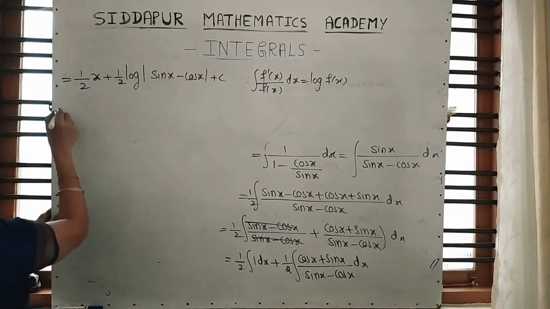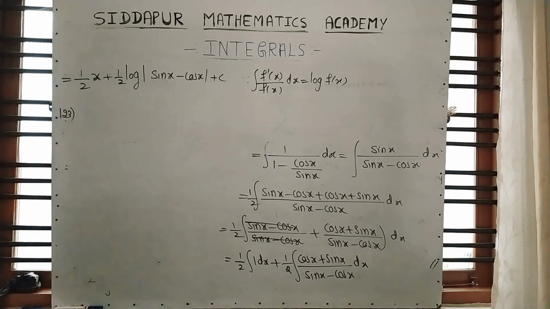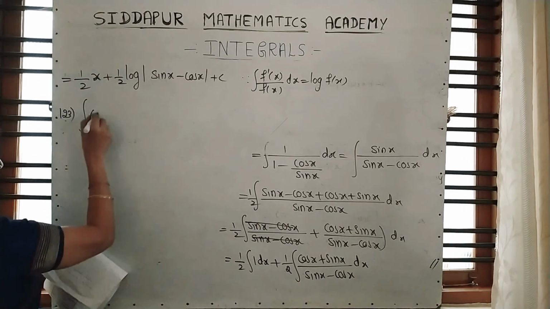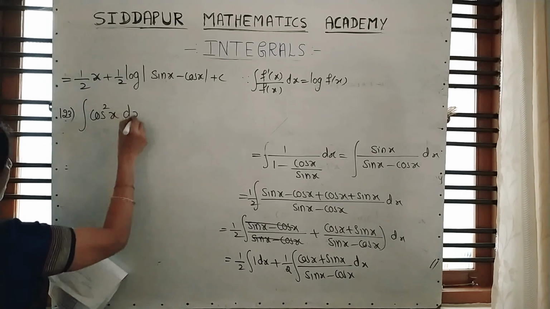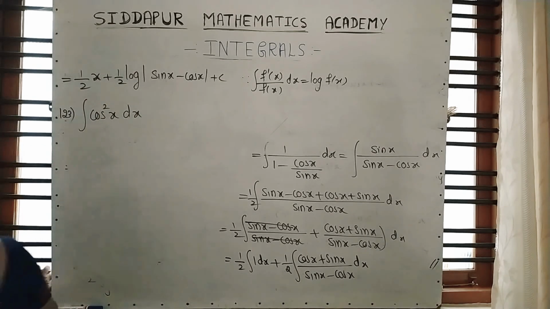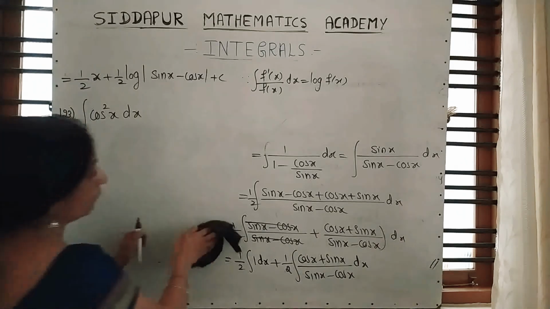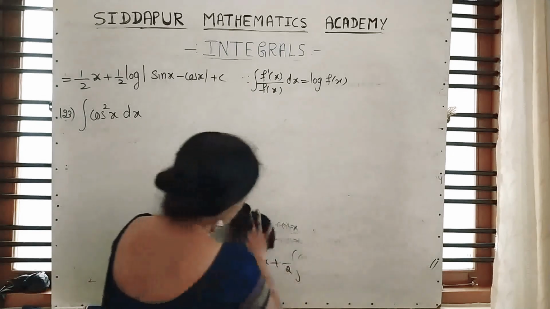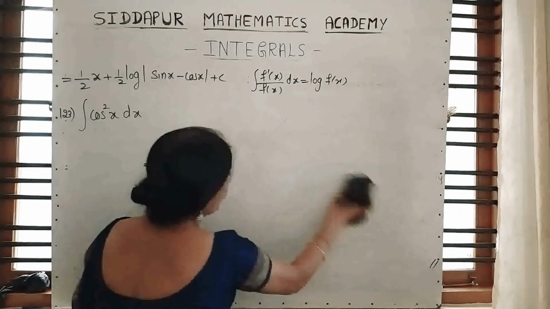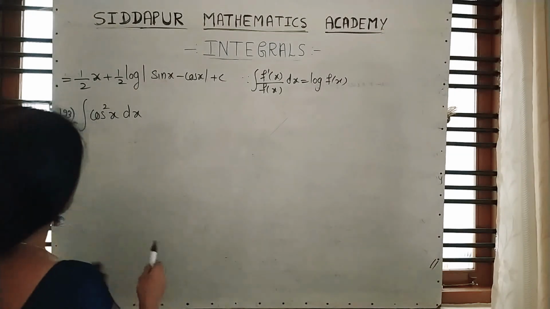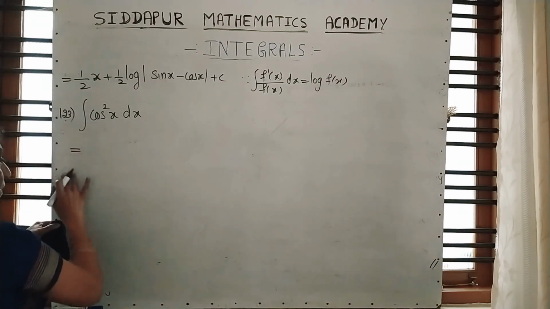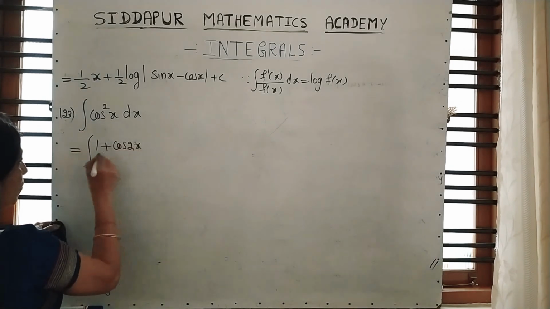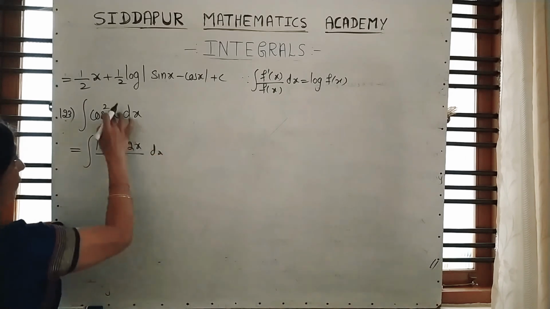Moving to the next question, that is 123. Cos square x. Yes, open your formula list and search whether you have an integration of cos square x formula. Yes, we don't have integration of cos square x, and you cannot convert this with the help of identity. We are converting with the help of multiples and submultiples. Cos square x will be written as 1 plus cos 2x divided by 2. Whatever is the angle, it becomes double.